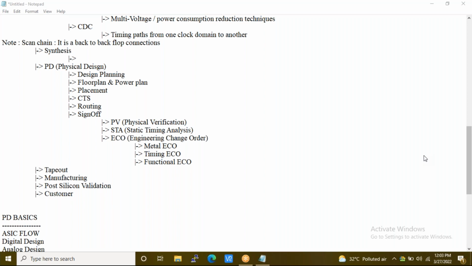Same thing will be for TCL also. Now, when it comes to digital design, there is nothing like labs. It will be more like problem solving. I will ask you to implement a mod 6 counter using JK flip-flop, and you will be doing it. The trainer will make sure that whatever support you need, he will provide it to you.